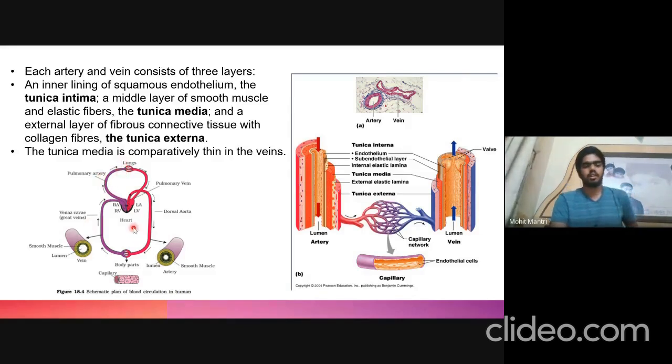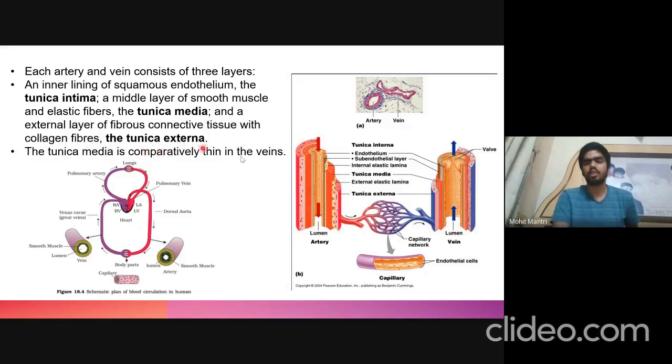Since the blood is flowing through blood vessels, there are three types of blood vessels, which are known as artery, veins, and capillaries. Now each artery and vein consists of three layers. The innermost layer is known as tunica intima. Then comes the middle layer, which is made up of smooth muscles and elastic fibers, which is known as tunica media. And then comes the external fibrous connective tissue, which is made up of collagen fiber, which is known as